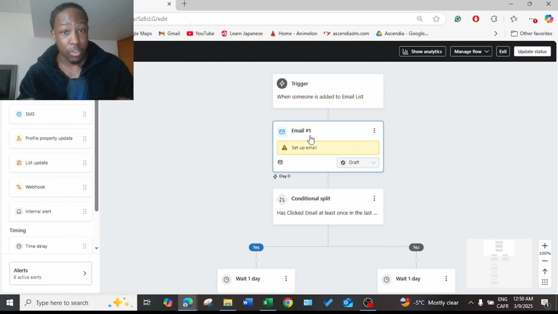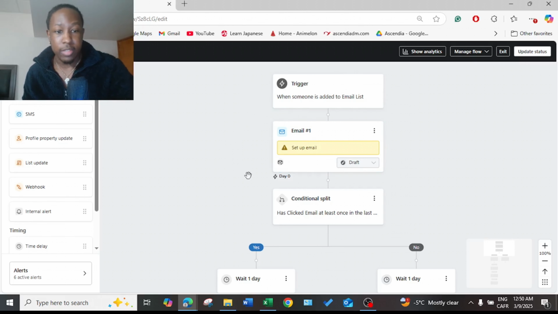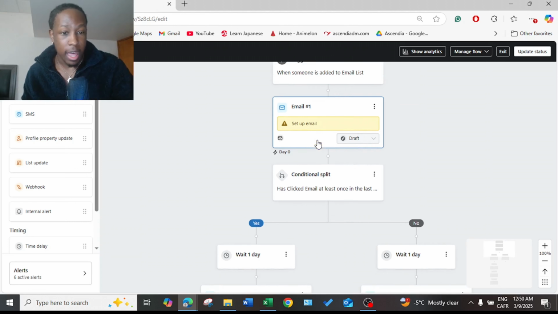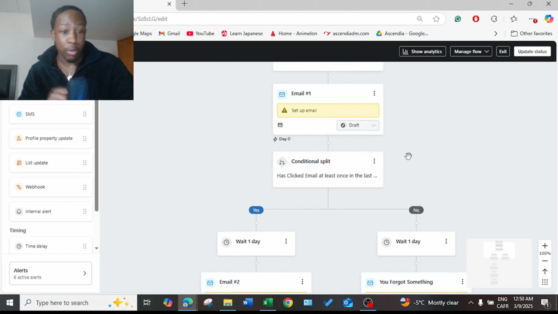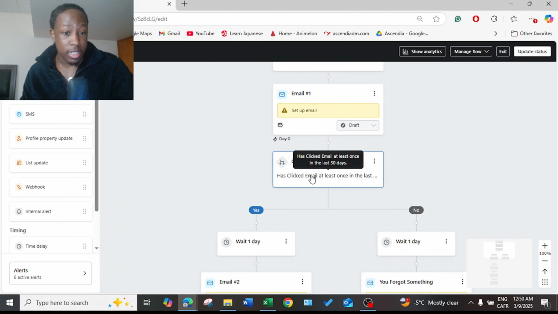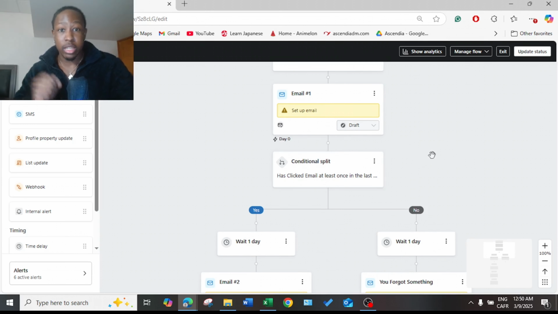Also, we are back in Klaviyo again, and look, once someone is added to the email list, they receive the first email, which is basically the email where they receive access to the freebie, the lead magnet in question, okay? And then, like I said, now we have some conditions. So basically, if they haven't clicked the email, or they just didn't click the link to get the free resource,